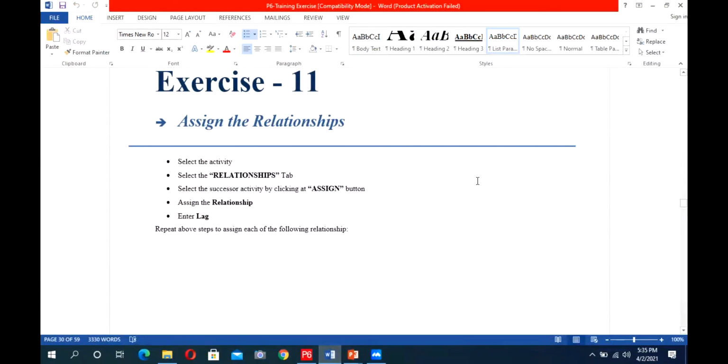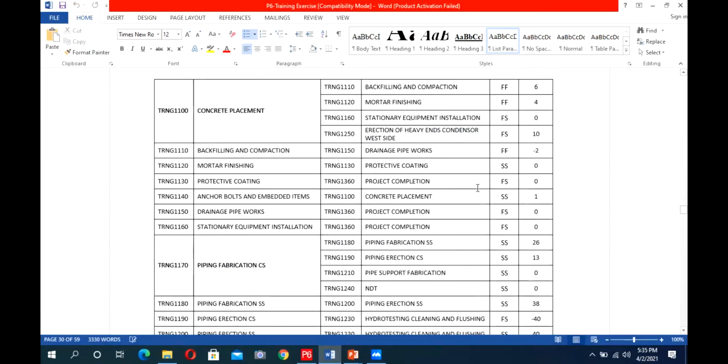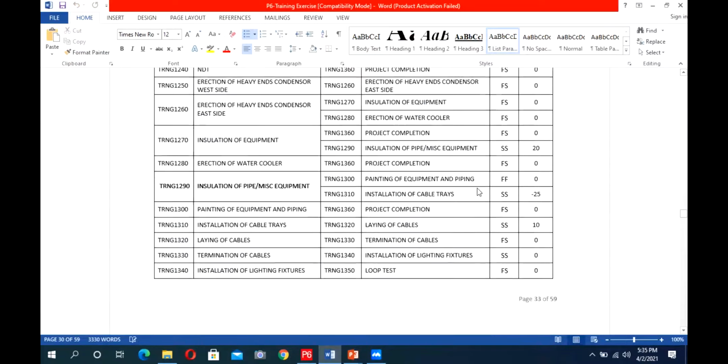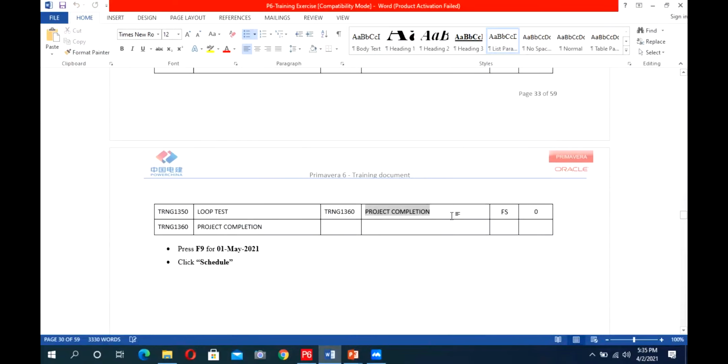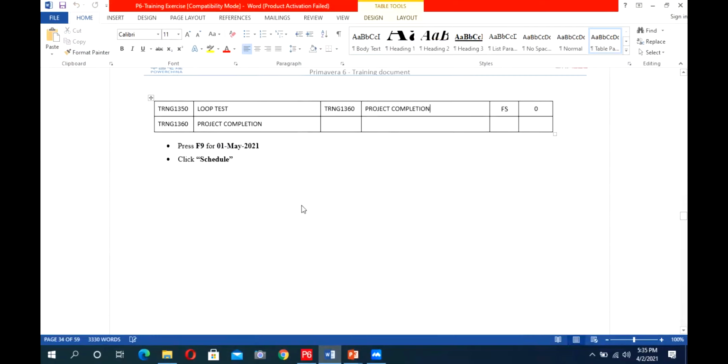So yesterday, I will just give a brief outline of what we did yesterday. We assigned the relationships in our P6 schedule as per exercise number 11. So we assigned all these relationships to the activities which we defined in our schedule, and then after it we pressed F9 and scheduled it.